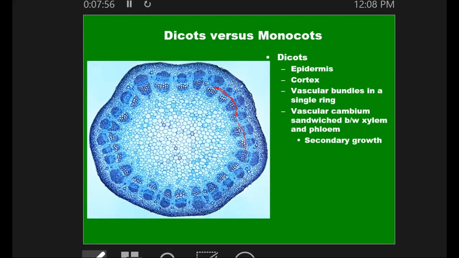And what it does, when one of the cells of the vascular cambium decides to divide, it will produce two cells, but they'll have different destinies. One will be a xylem cell to the inside, one will be the phloem cell to the outside. And so each time the vascular cambium cells divide, that's their routine. One of the progeny cells will be xylem to the inside, and the other one will be phloem to the outside. And if you keep doing that, that keeps leading to the increase in diameter of the